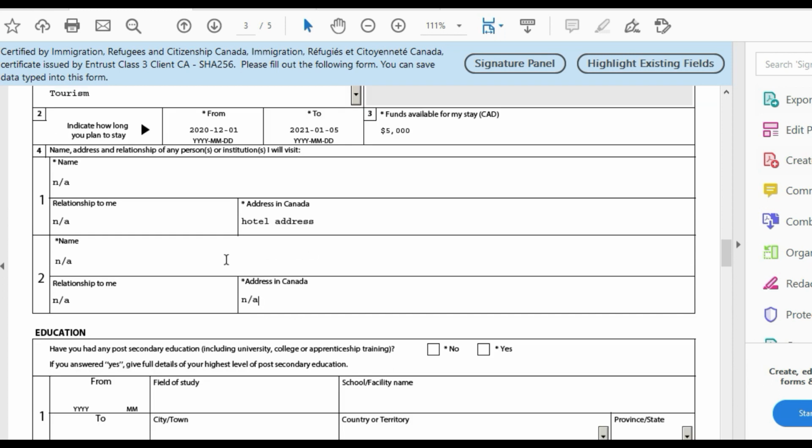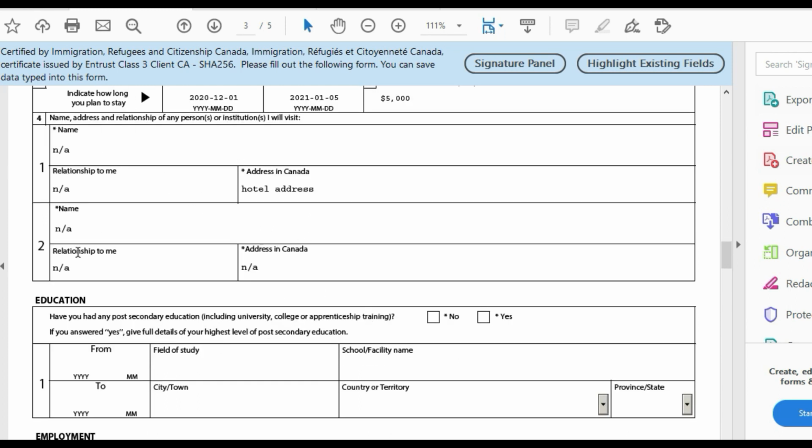I just put not applicable, because, as I let you know, you have to write by yourself what you're going to do with this section. It's your information, so you have to put it by yourself. If someone invites you with an invitation letter, you have to write down the relationship. If your sister is inviting you, write my sister, or sister-in-law, brother-in-law, or a friend's name and address, or the relationship. In any kind of relationship you have to explain. If you have business, you have to explain the business purpose here.